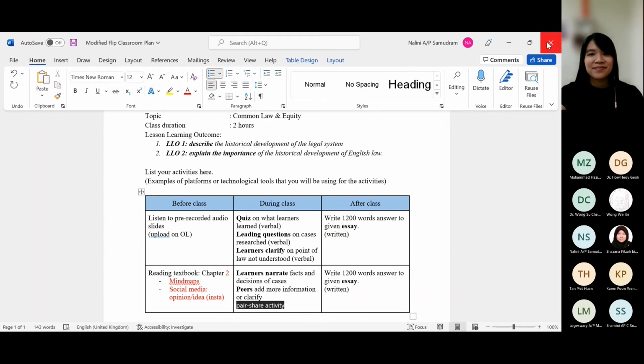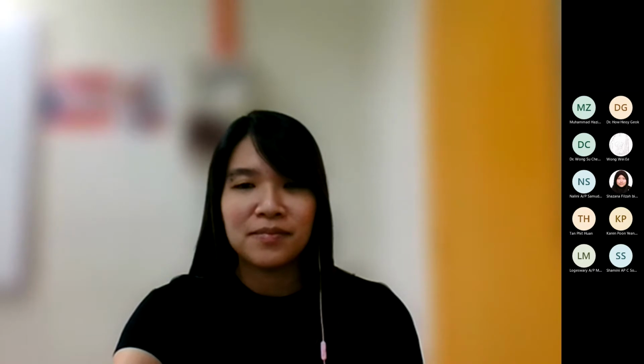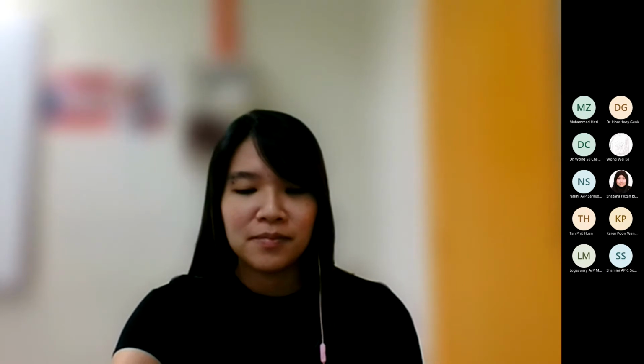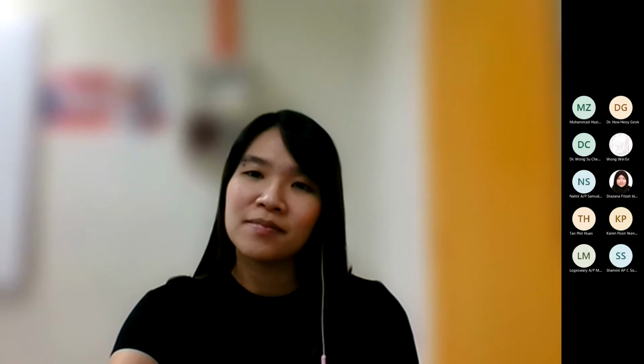So we have heard two interesting flip lessons on how we can avoid the classroom lecture, just talk and talk and talk, but instead, you implement activities in class and even before class, you don't just ask them to read, but you also ask them to do some work activities, hands-on tasks, so that the topics can register in their mind in a better way.